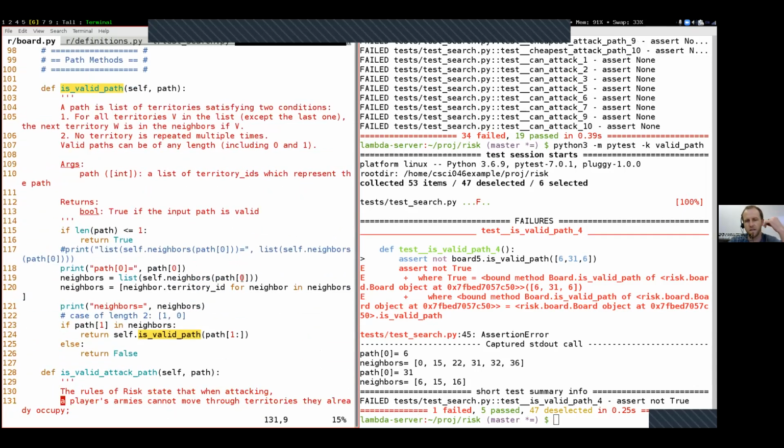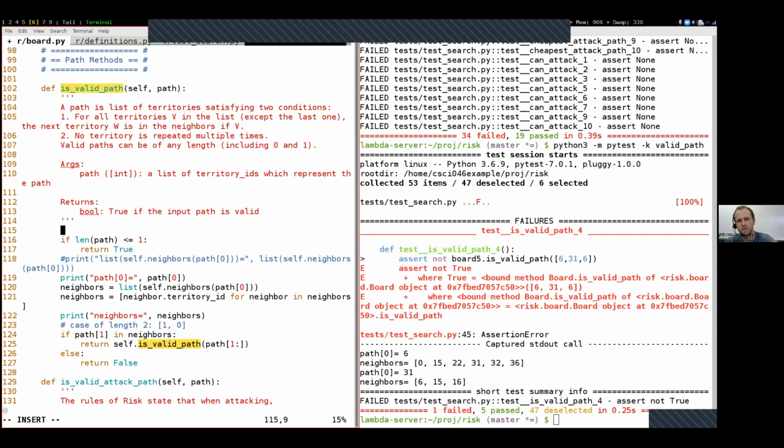And so how can we fix that? There's a lot of ways to do this. I will choose to do what I think is the simplest, but maybe not the most obvious. So it is simple but not obvious. And what I'm going to do is use the built-in set function, set of path. What the set container does, recall, is that it's like a list, but it contains each element at most one time instead of multiple times like a list. And so if I convert a path into a set and take the length of that,